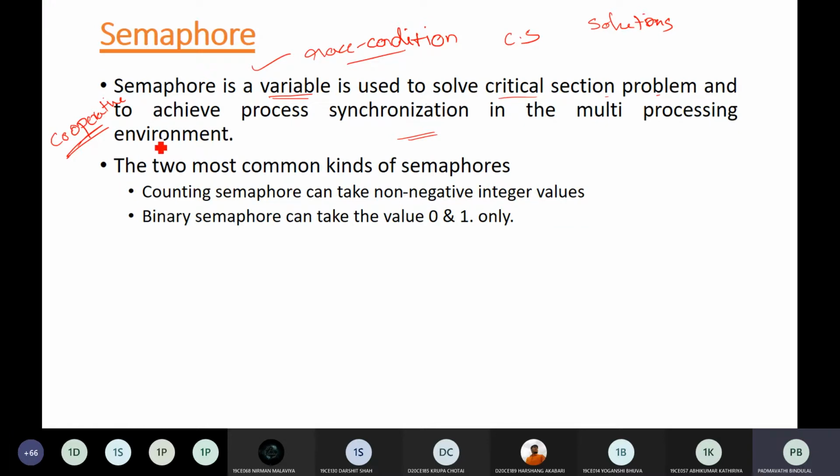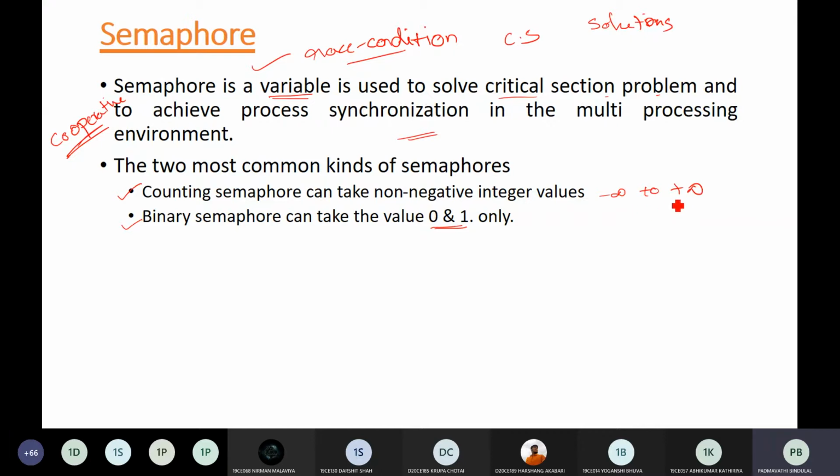Now there are two types of semaphores, mostly the binary semaphore and the counting semaphore. As the name suggests, your binary semaphore can take only two values, 0 and 1, whereas your counting semaphore can take values from minus infinity to plus infinity.